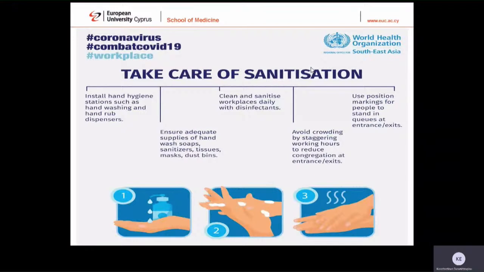However, your microcosmos, as I said before, is EUC for this semester, and for the semesters that will be coming. So we have to keep safe in the new normal. We have to learn how to be safe in our workplace. So there are simple steps that can lead to staying healthy and taking care in our workplaces.